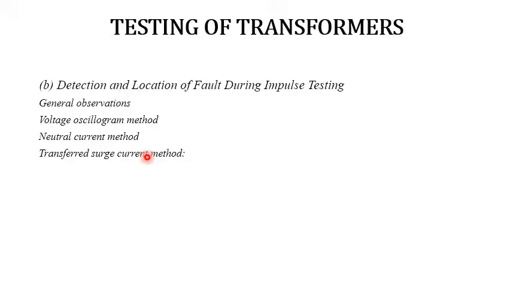Then we have the transferred surge current method. The voltage across the resistive shunt connected between the low voltage winding and the grounding is used for fault location. Once the location of the fault is found, the type of the fault can be observed by dismantling the winding and looking for charred insulation or melted parts on the copper windings. This is successful in the case of a major fault. Local faults or partial discharges are self-healing, and this will lead to them escaping observation.